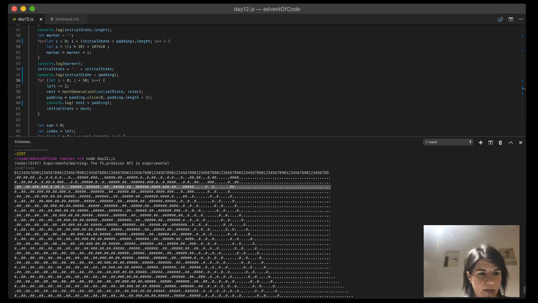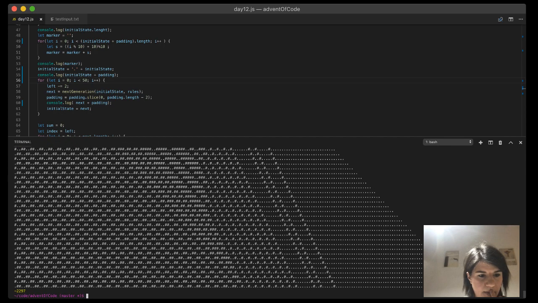Oh, the sum is incorrect now. Yeah, that's no problem because I'm calculating something different now because I see the pattern here. I will not actually do the whole thing for all 50 billion. I think once I see the pattern,